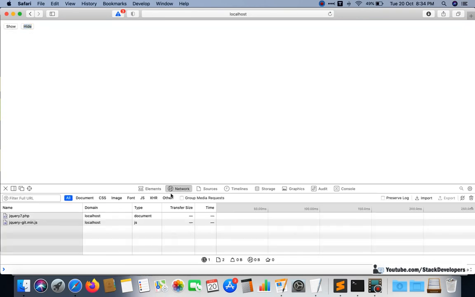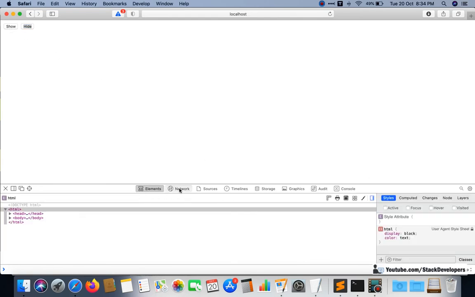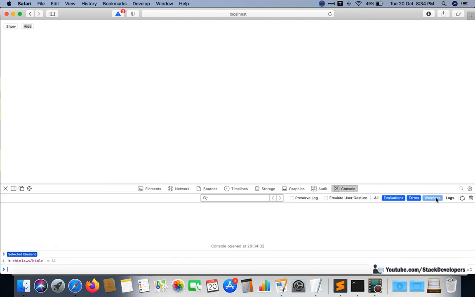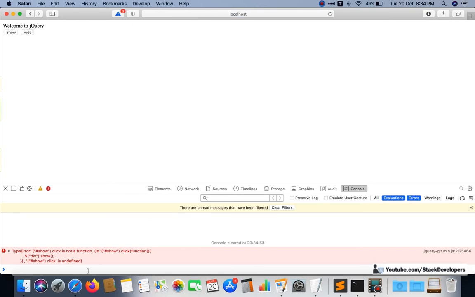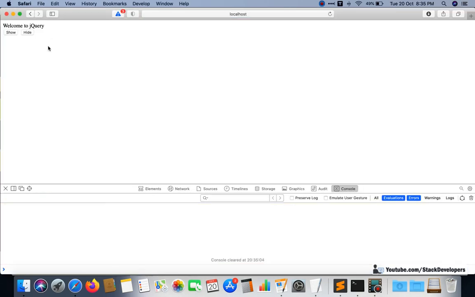There is an error coming: click is not a function. Oh, we forgot this one. Don't make these silly mistakes. Now see hide and show, it is working.